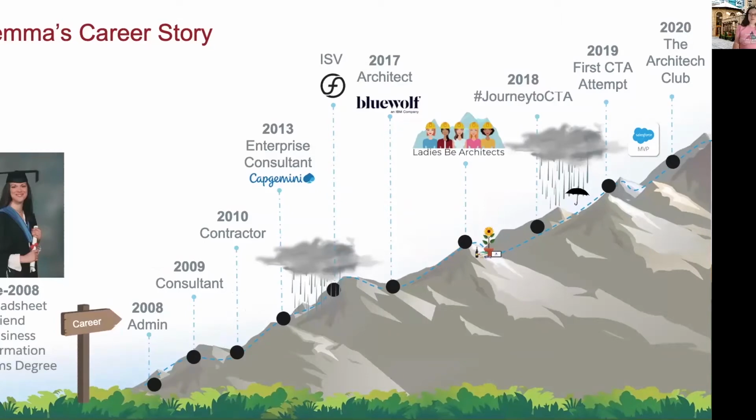And after I decided to leave my local area and go down south, I was fortunate enough to be given a job to look after Salesforce as an administrator. And it really went uphill from there. I really enjoyed being an admin. It was great having the opportunity to learn about Salesforce. And I really loved the fact that it wasn't installed on people's machines. I was quite inspired by that, and I really bought into the values of Salesforce and the ethos of Salesforce